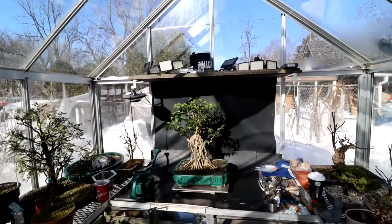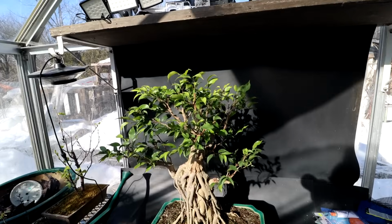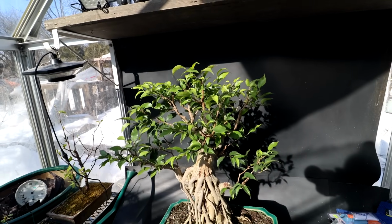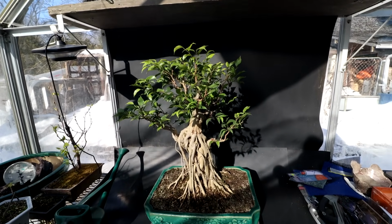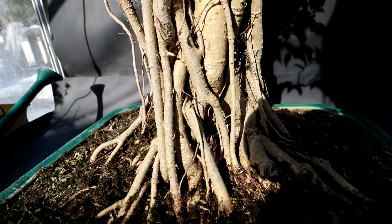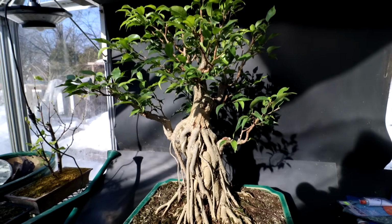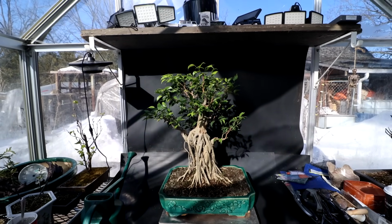Here is a look at the tree in the sunshine. The first sunshine this tree has seen in a long time. But I'll have to bring it back inside tonight because it's going to get below freezing overnight. Yeah, so that's a look at the tree. The trunk has lots of interest with those aerial roots. Yeah, it's developing. Has a ways to go, but...